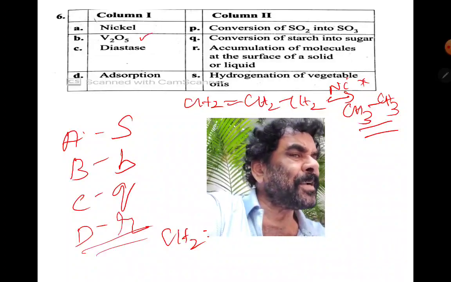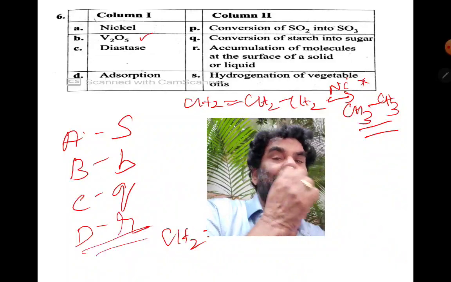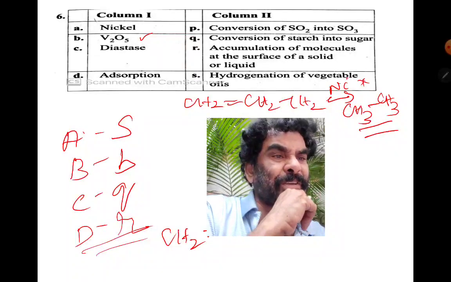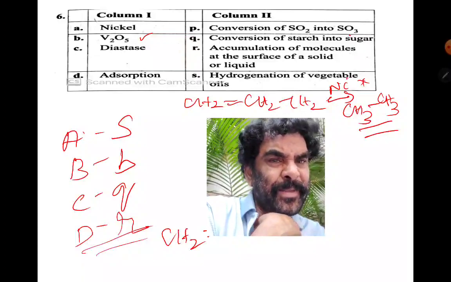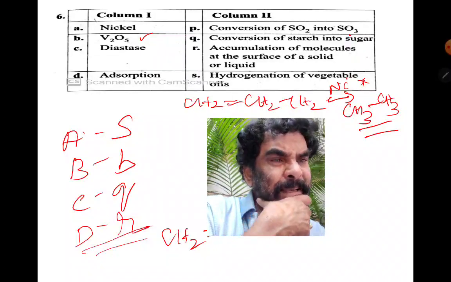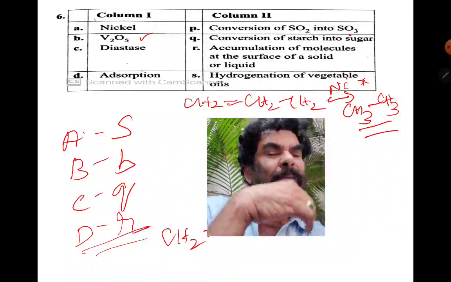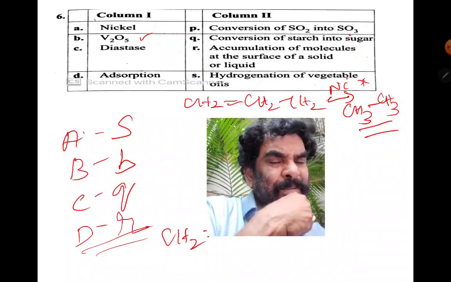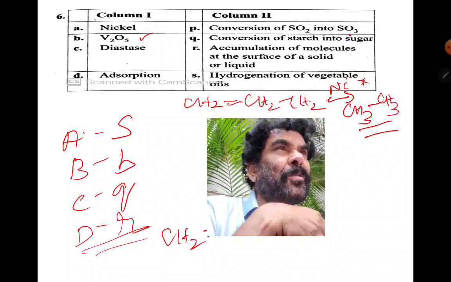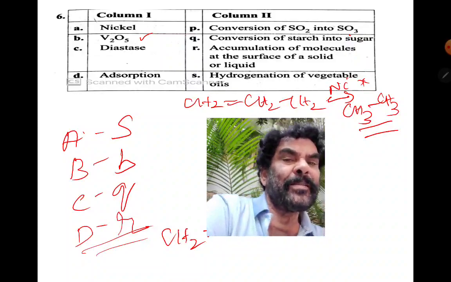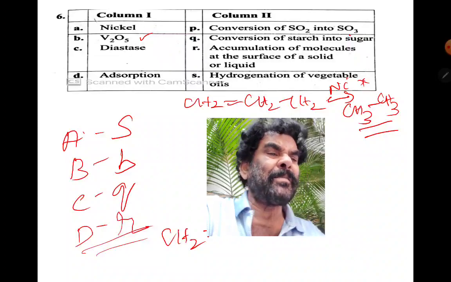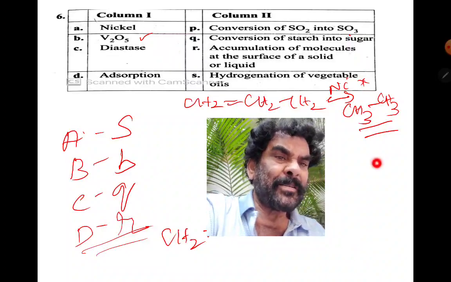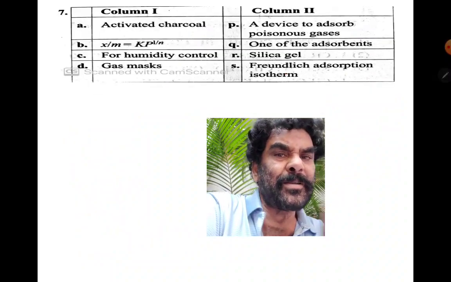You should know that it is used in the preparation of sulfuric acid. In sulfuric acid preparation, sulfur dioxide is first converted into sulfur trioxide. In that process, a catalyst is required, that is V2O5. And the next step, sulfur trioxide is absorbed in sulfuric acid, where oleum is formed. Oleum on dilution gives concentrated sulfuric acid. These all relate to the chemistry of the reaction.